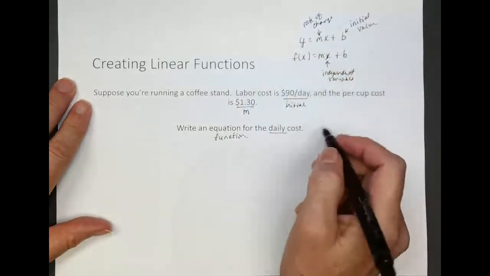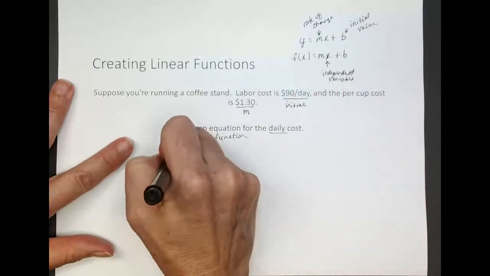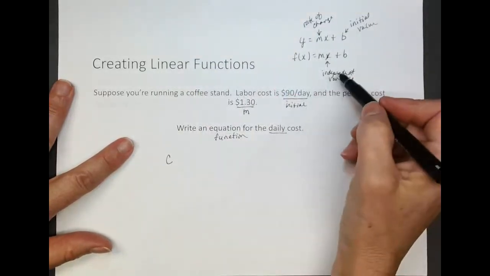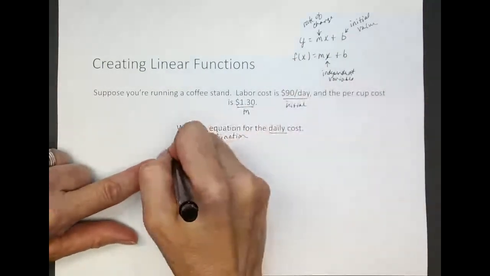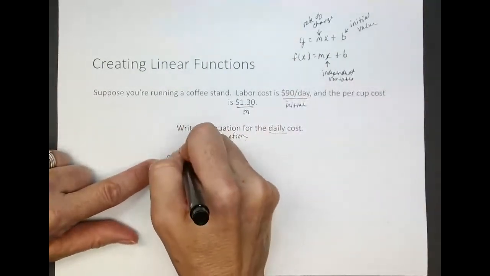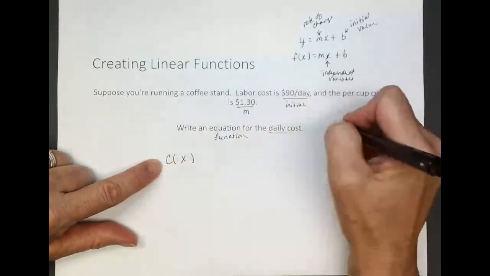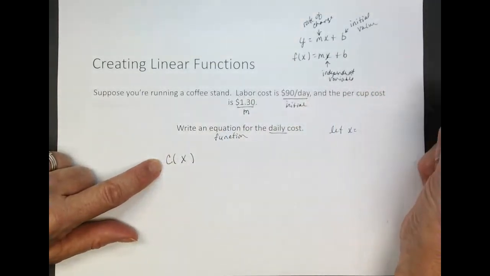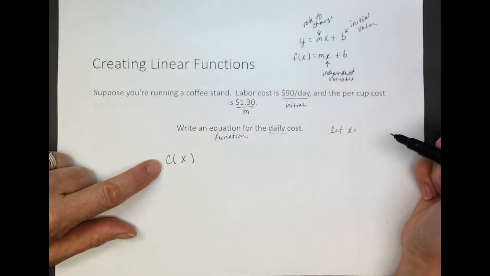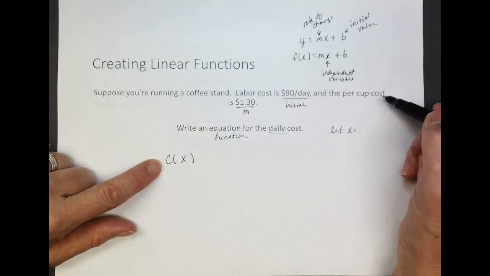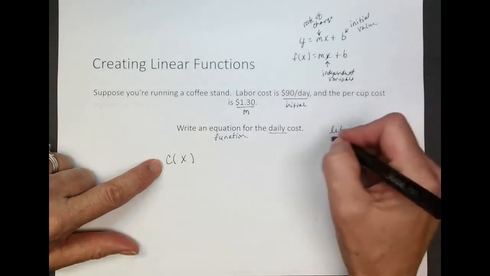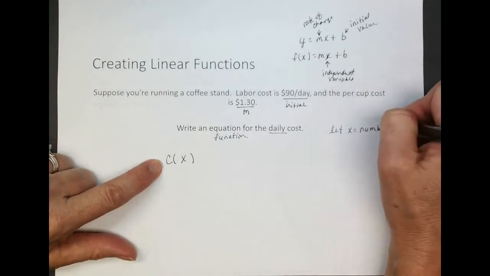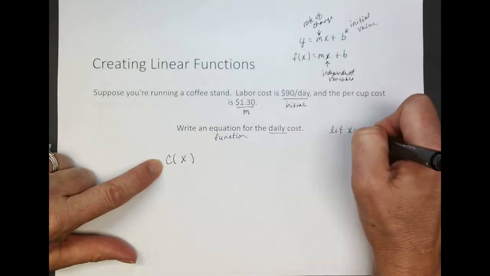So given that, what would my function be? Well, let's call this function C for cost. And then what would the input be? What is the independent variable? How does this cost change? It changes as a function of what? Let X be that independent variable. Let's describe it, though. Well, the thing that changes, the thing that's making the cost go up is how many cups of coffee I sell. So we'll let X be the number of cups sold,